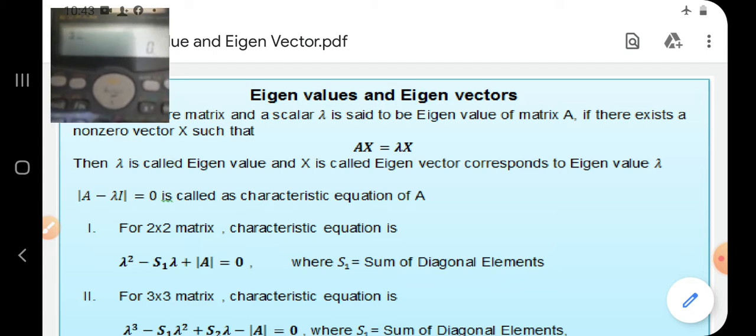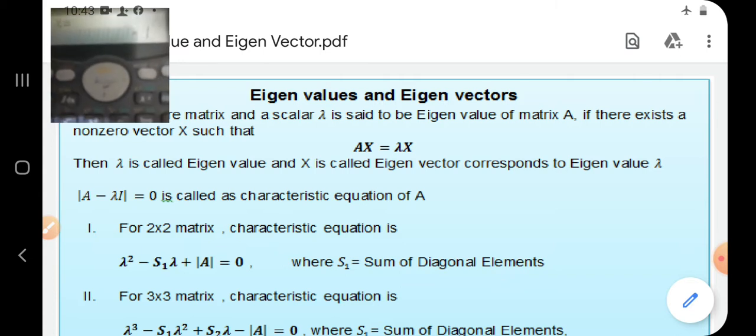Suppose I take 1, then the second value, suppose 3, the third value is again 3, and the fourth value is suppose 1. Then I press equal to, and I get the roots. See here, x is equal to -1. This is the root, right? And we know that it is a repeated root, so no problem. Again I get the same root.